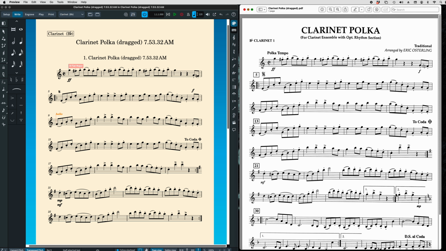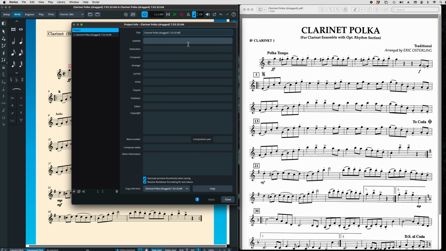Okay. So now I want to go ahead and get Dorico to recognize the correct titles, subtitles. How do we do that? We're in Dorico. Like I said, many of you know this already. Command I brings up the project information box. We just start typing in clarinet polka. The subtitle is for clarinet